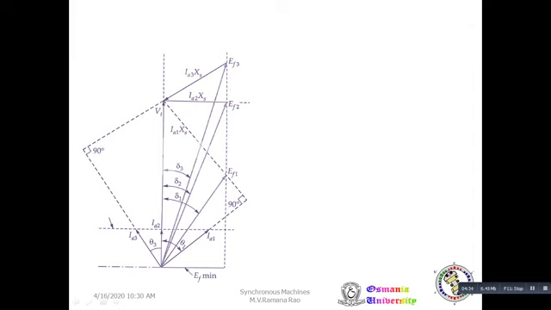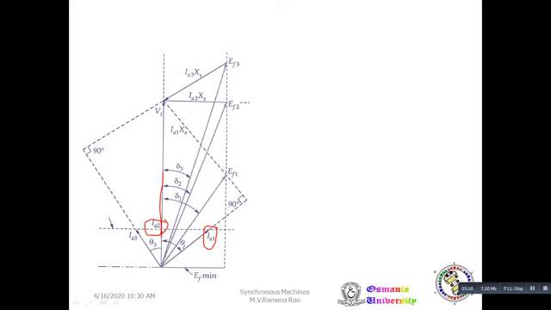The armature current reduces from IA1 to IA2. The power factor angle reduces from theta 1 to here. Theta 2 is not shown because IA2 is in phase with VT here. Observe here, IA2 is in phase with VT. So the current is reduced and the power factor angle theta is reduced. When theta is reduced, what happens? Power factor increases. So you get the maximum power factor at IA2 because IA2 is in phase with VT.